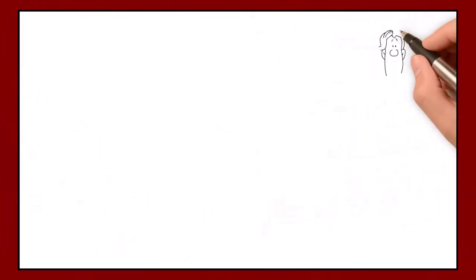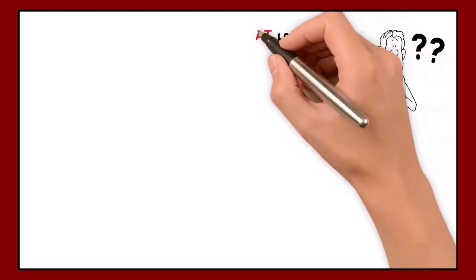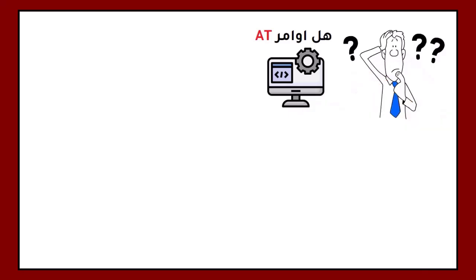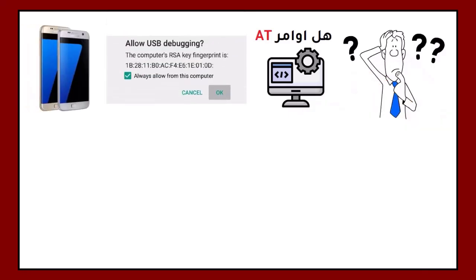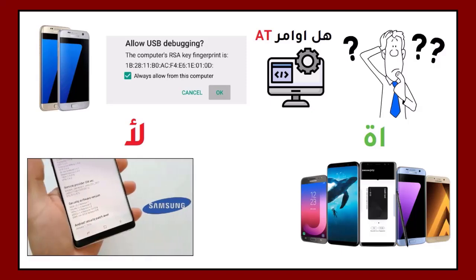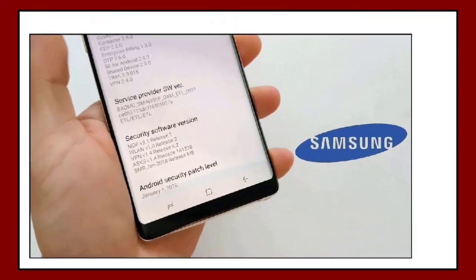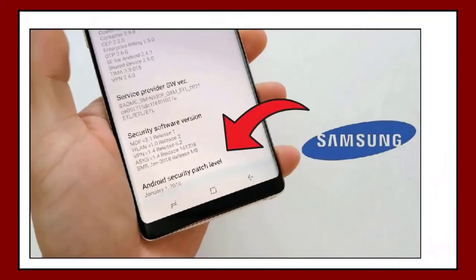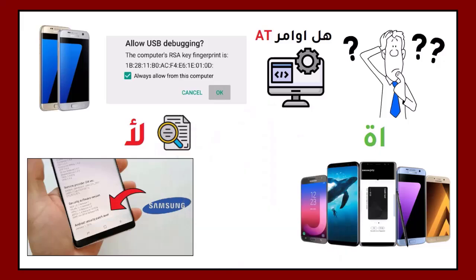Okay, completely. Now a very important question remains, and I am sure a lot of you want to ask it: if we use these commands in the special tools, can we activate the ADB mode on all Samsung mobile phones in general? I will tell you, not at the same time. You can use the same commands with many Samsung models, but no, because some of these commands do not work on some modern models or models that have been updated with higher protection levels, because Samsung, when it discovers the loopholes that are exploited on its devices,